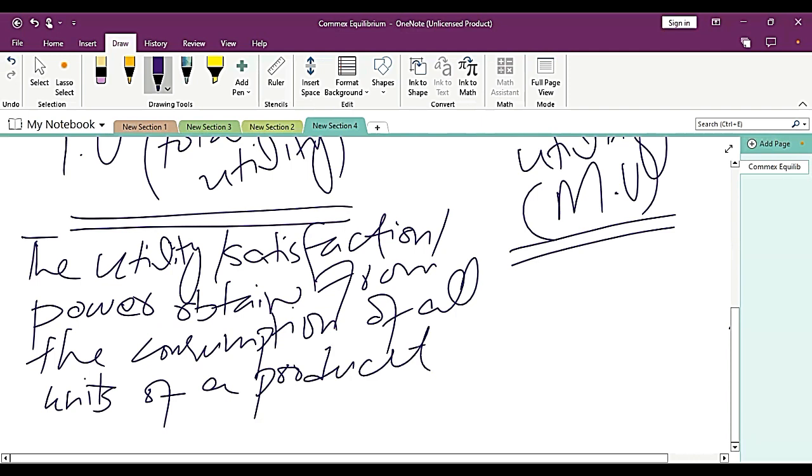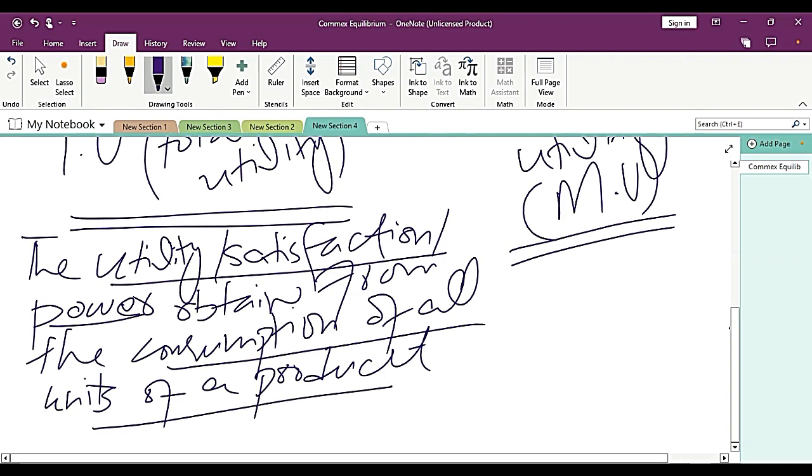So what is total utility? The utility or the satisfaction or power that is obtained from the consumption of all units of a commodity or a product. For example,